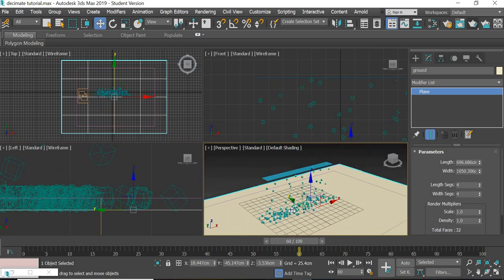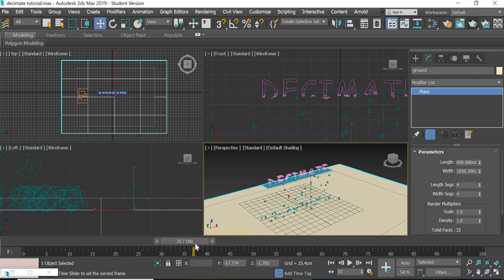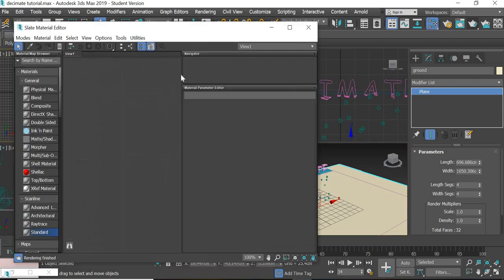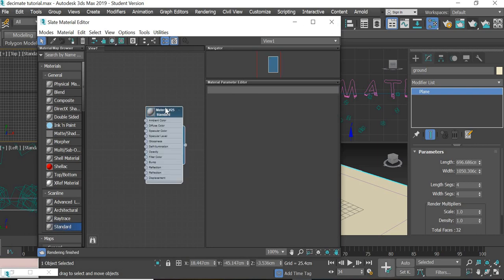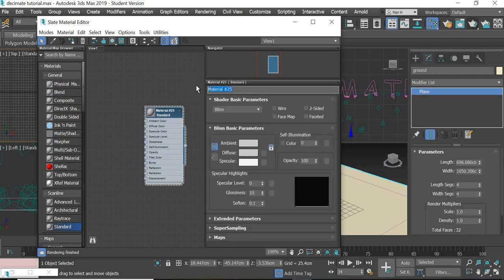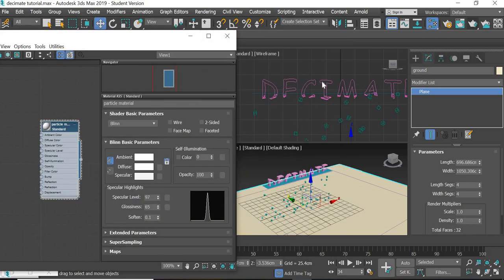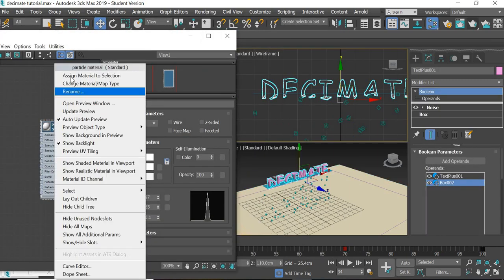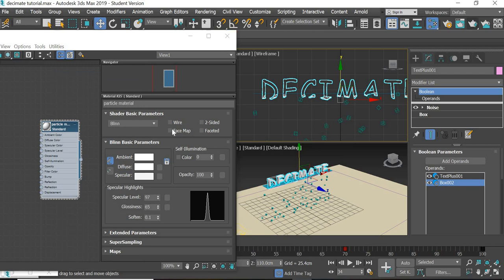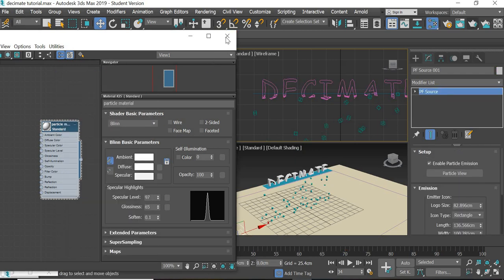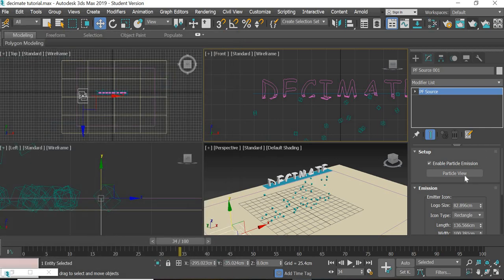Okay. Now we need the text and the particles to have the same color. So we'll go to material editor, add a standard material, and we'll call it particle material. Okay, so it's going to be white color. You can add some shininess to it, and we'll select the text, assign the material. Now we cannot assign the material to the particles directly, so we will select the particles again, particle